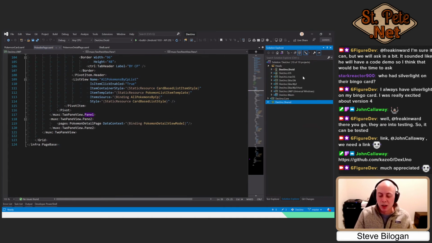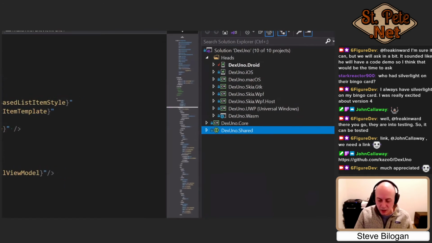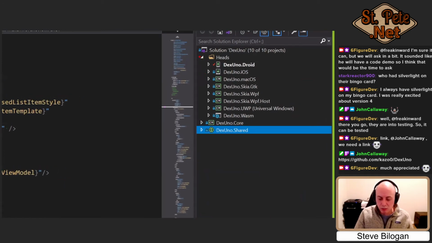So this is basically what a current Uno app looks like when you start. Originally, what this would have looked like when I pulled it from GitHub is this core Dex Uno library that the developer created, and it would have one head, the UWP head. Basically, plugging in Uno gives you all these project heads, so all these platforms you can reach and build for now. And on top of that,